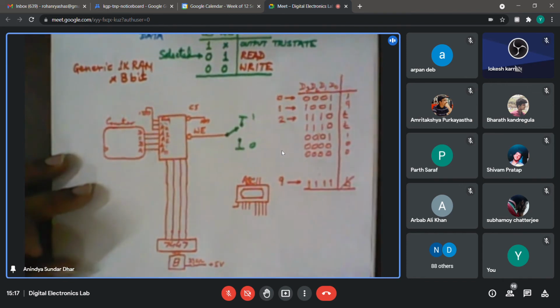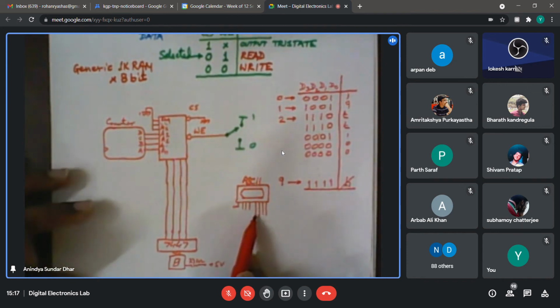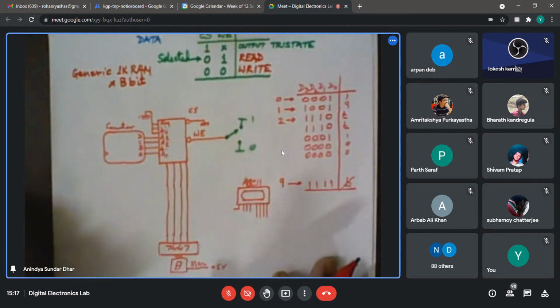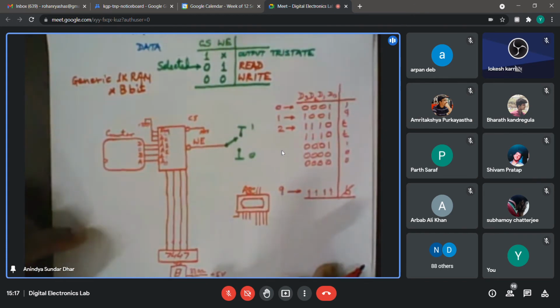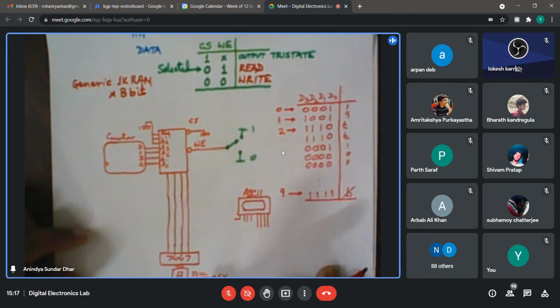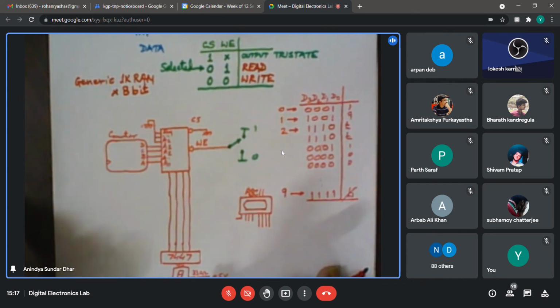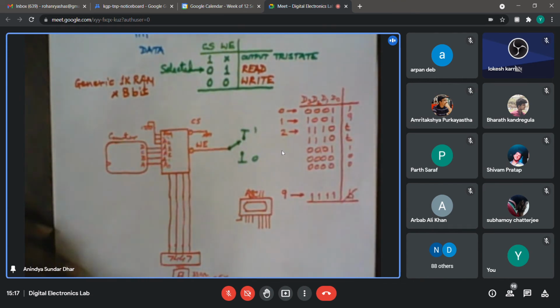So now tell me, how should I connect this ASCII keyboard to the data line? Should a direct connection work, or do you foresee any problem if I connect it directly to the bus?